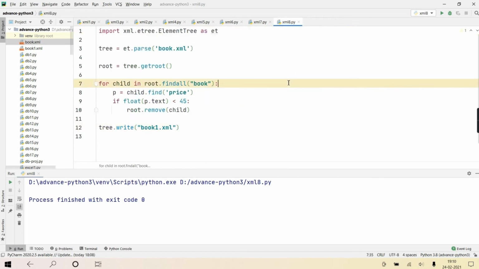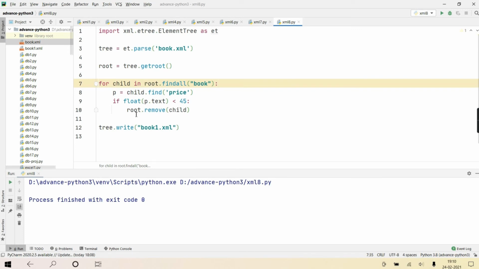Such queries come up in practical cases, when you get a problem statement for automation of XML, like automation of Excel processing. At that time such questions will be given. They'll give you queries and say write a script for handling these queries, like delete all the books from your XML file whose prices are less than this value, or whatever condition is given. So you should be able to write the appropriate script for it. Okay?